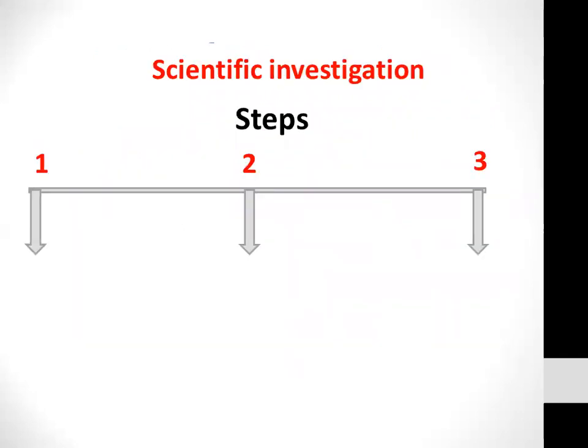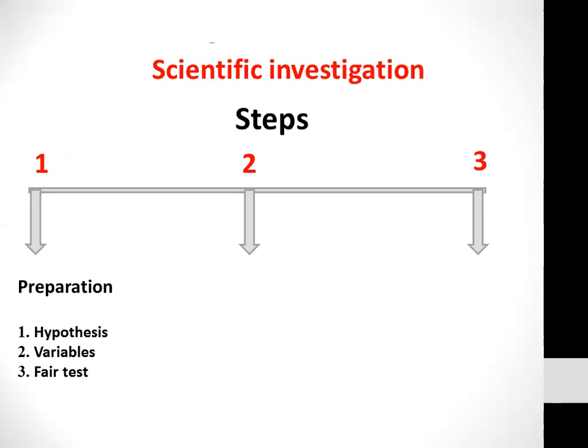Now, the scientific investigation involves three major steps. Okay, so the first step is preparation, that is hypothesis, variables, and fair test. Hypothesis means that you can collect data about the experiment or the things that you are going to experiment with. Variables means which sort of variables are being used there, that you can change the values of those variables, and at the end you can get the required results. And fair test, that is the experiment. At the end of the hypothesis and variables, you should perform your experiment,